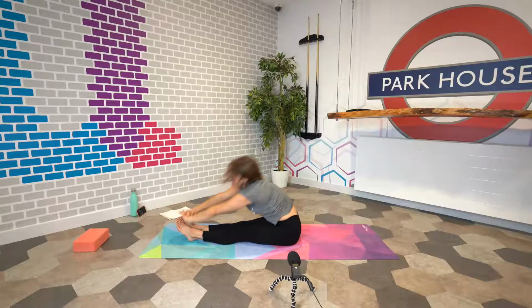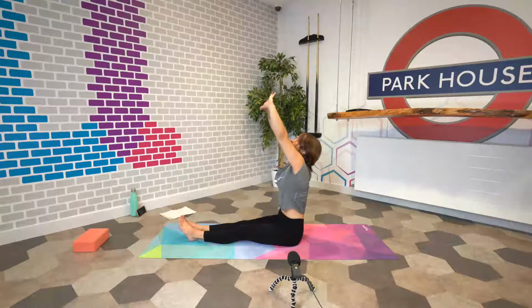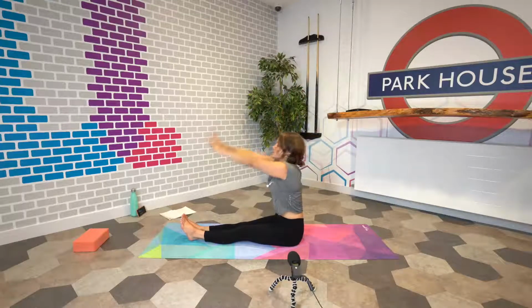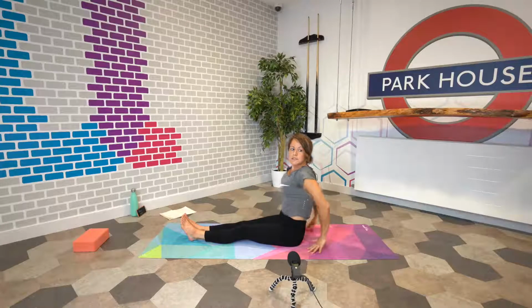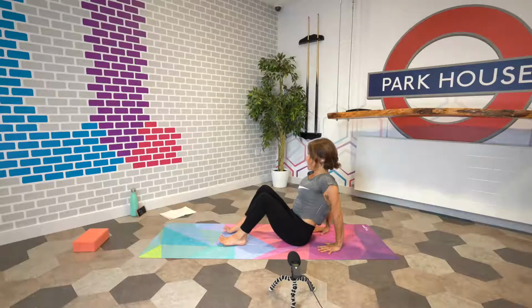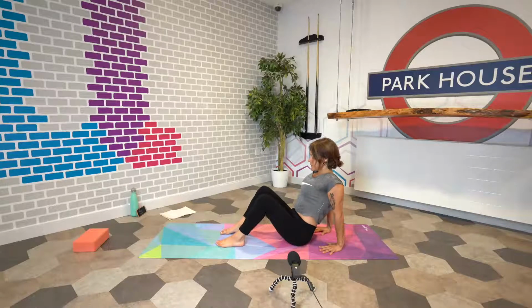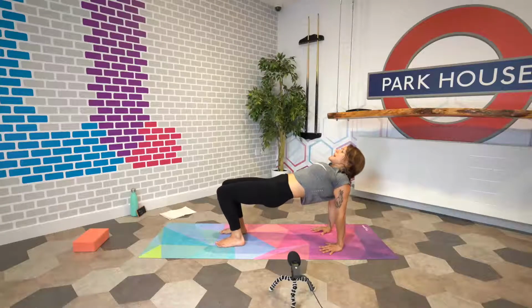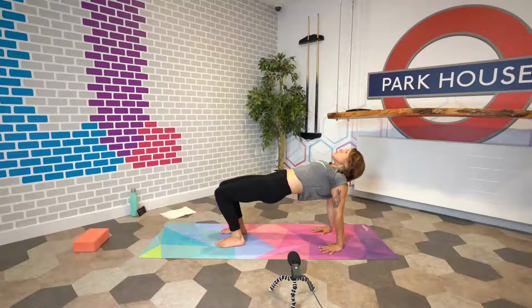Interlace your fingers, raise your arms up and over your head. And exhale, sweep your hands down, just behind your sit bones, fingers point forward, bend through your knees, feet apart, feet flat on the floor. We're pushing up into bench pose now. So pushing down through all four corners of the body, lifting through the hips, engaging through the glutes with core,